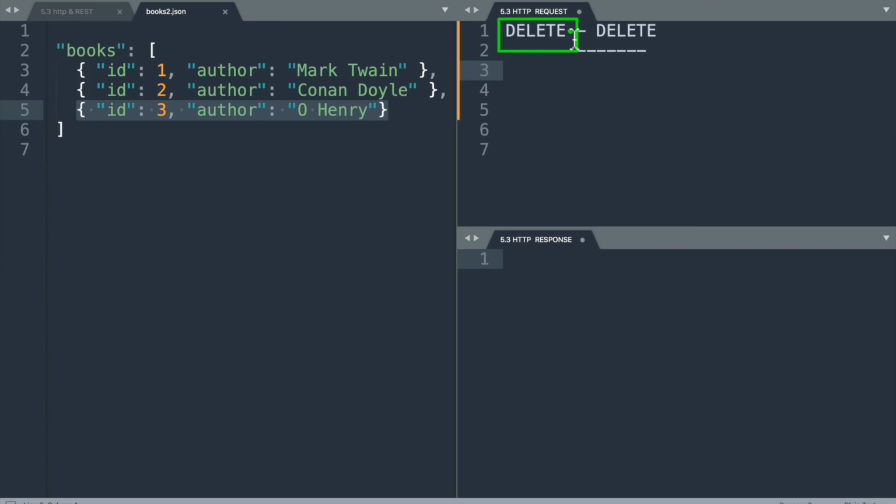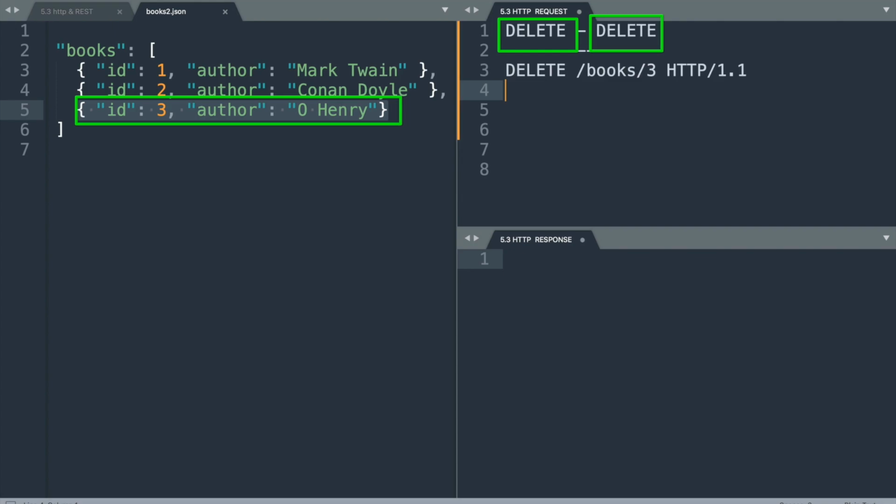So we want to delete a record, and in order to delete a record, we need to use the delete HTTP method. In this example, we want to delete this record with ID 3. So in our request line, we have to write delete, and then we have to specify the path as books/3, where 3 is the ID of the book that we want to delete. And then we have to specify HTTP/1.1, and then we have to specify the host header field, which is localhost:4000. And let us also specify the content type, which will be